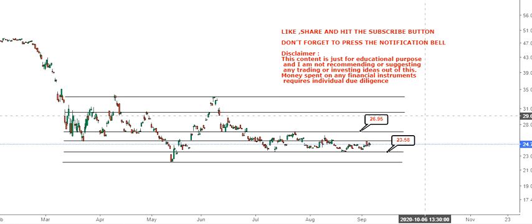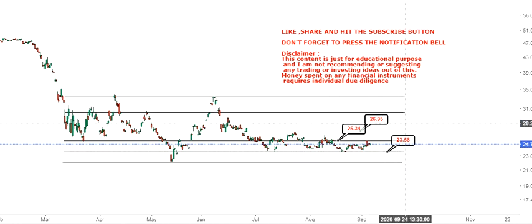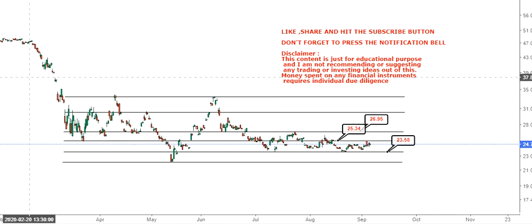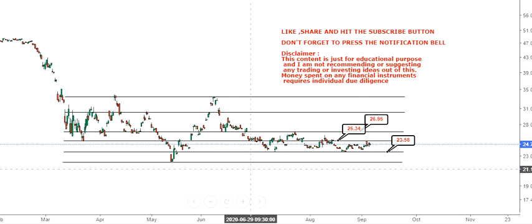Okay, so there is also an intermediate resistance or target in between them, which is 25.34, but this is the range in between 23.5 to 27. So if the stock moves beyond this range, either on the upside or on the downside, then we will have a trend. Okay, so if it is moving on the downside, so if it falls below 23.58, then you have